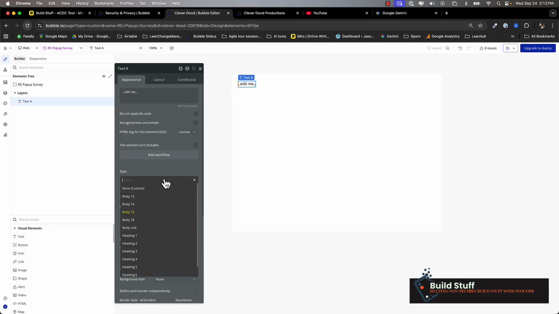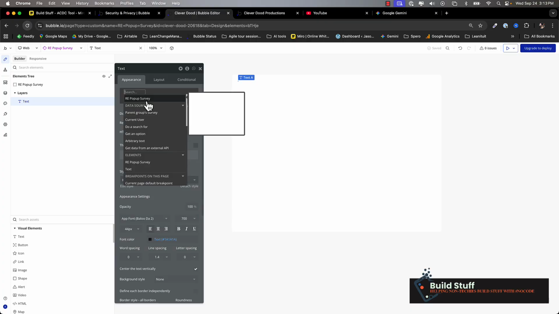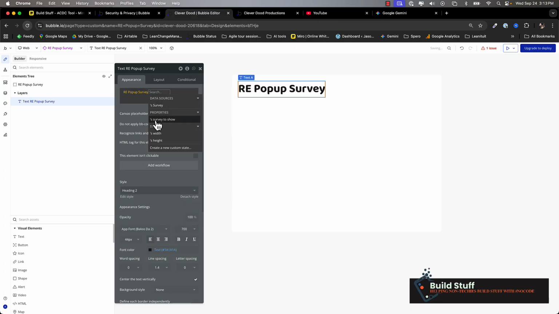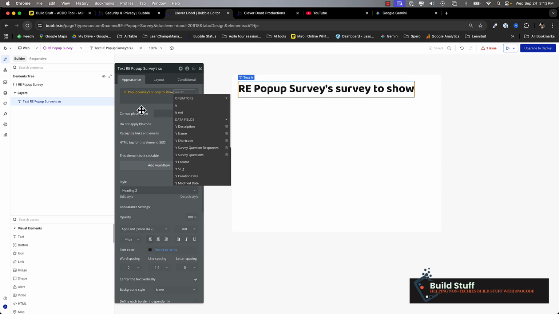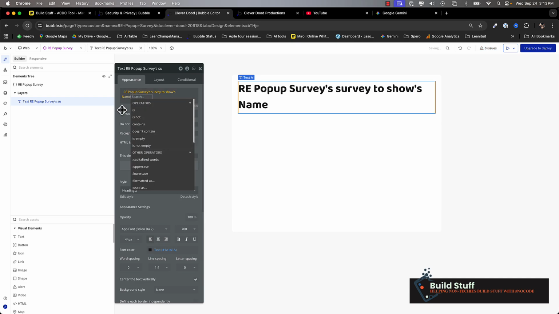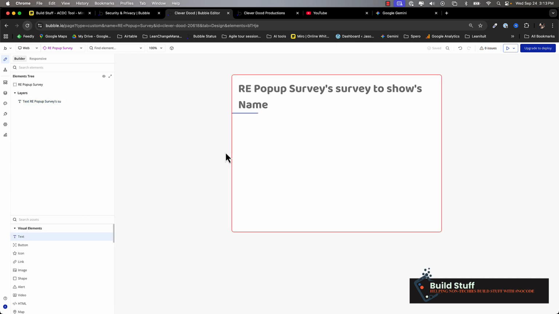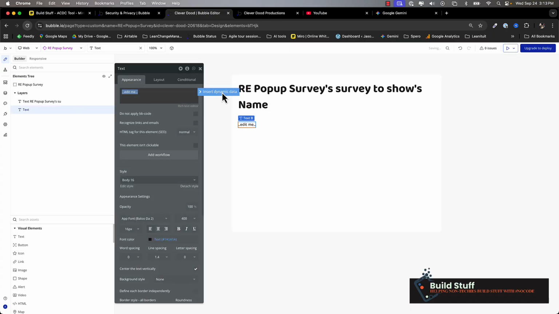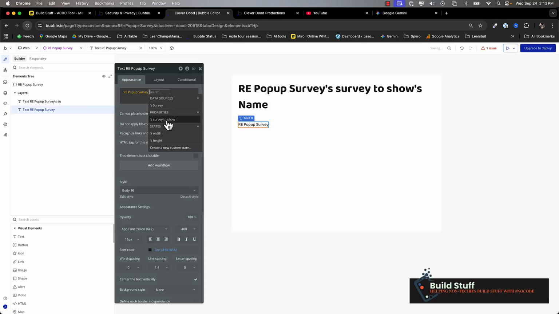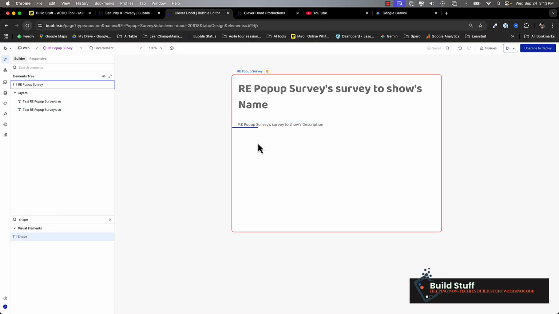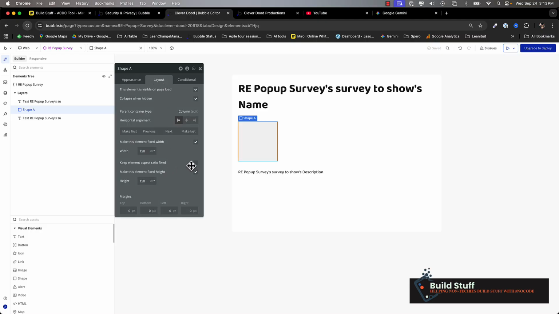I'm probably not going to worry too much about making this pretty right now. So I'm going to set this to the pop-up's property, the name, so they know what the name of the survey is that they're filling out. And then this is going to be the pop-up's property, the description, so that could maybe be instructions or whatever it is. Now there's a couple of ways that you could make this